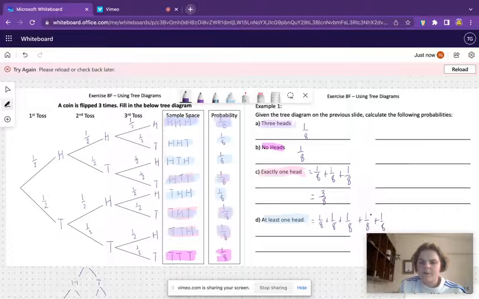One, two, three, four, 5, 6, 7. 7/8. Or the other way of thinking about this could be